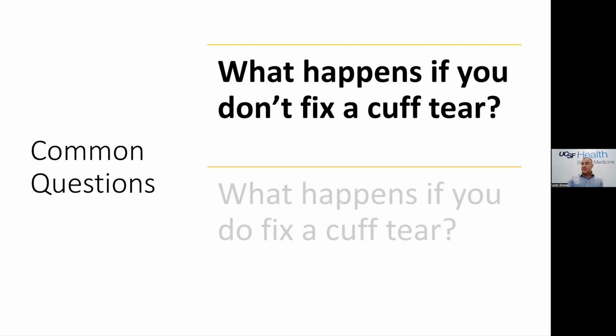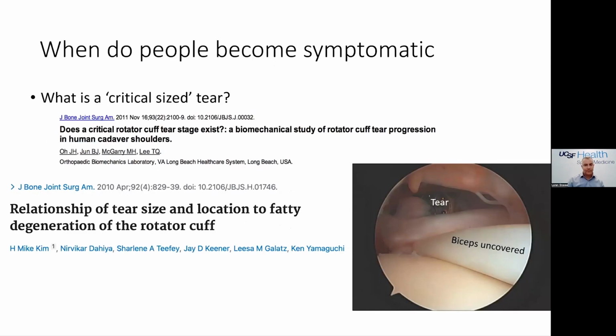So if you don't fix a rotator cuff tear, I think this is really important, because if the natural history is that many of these patients are going to be asymptomatic or don't need surgery, we need to know what the natural history is. So like we talked about, we know when people become symptomatic, the tear is getting larger, and that critical size tear, when that tear is really going to become functionally important for that patient, is based on location. So again, this is that tear where the biceps is uncovered,